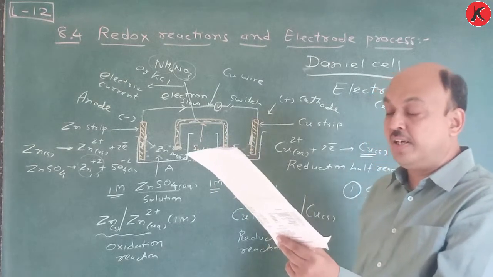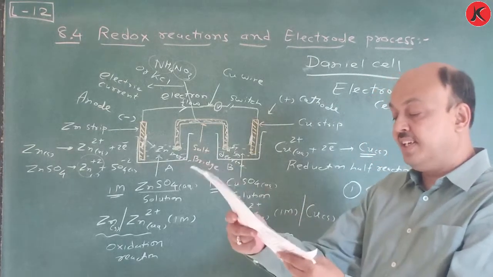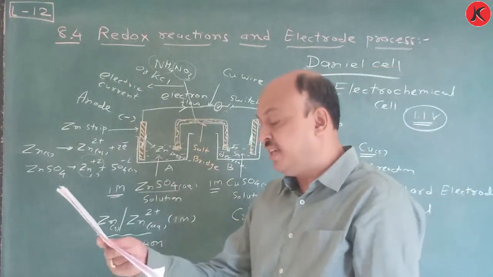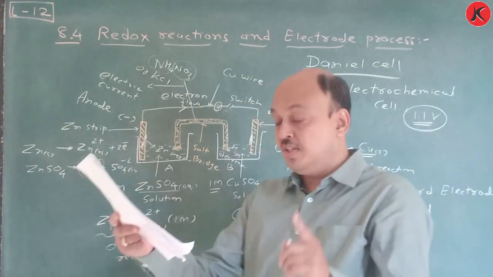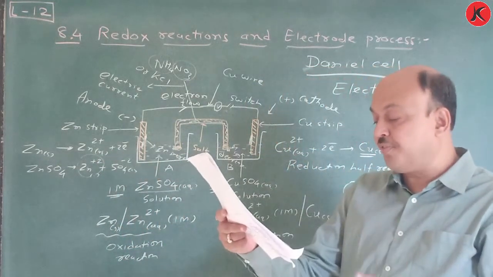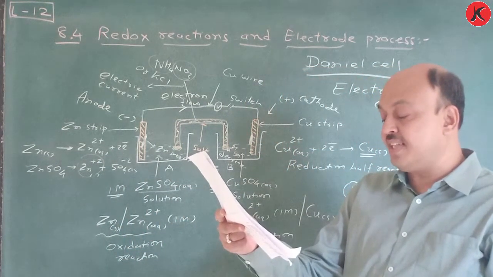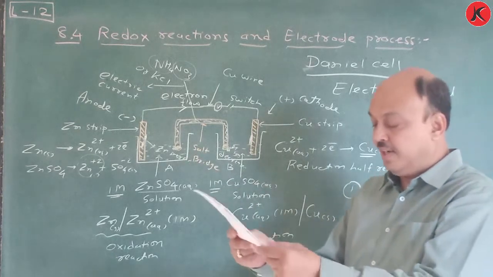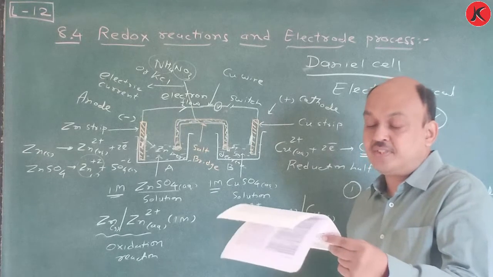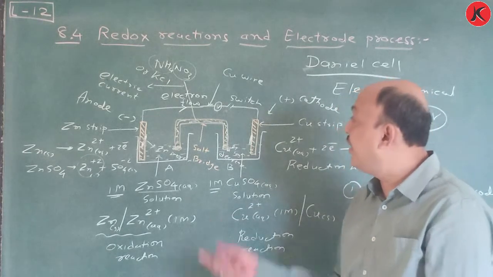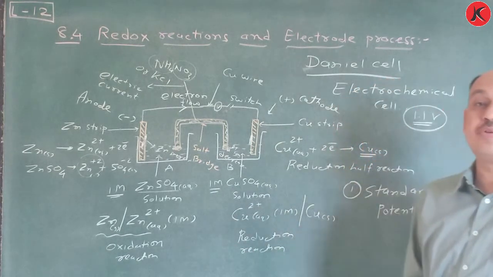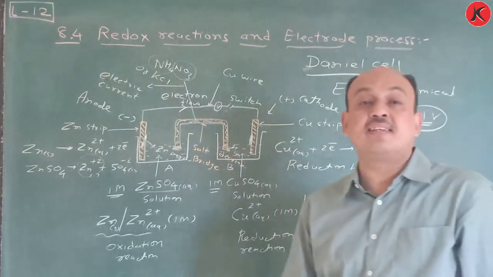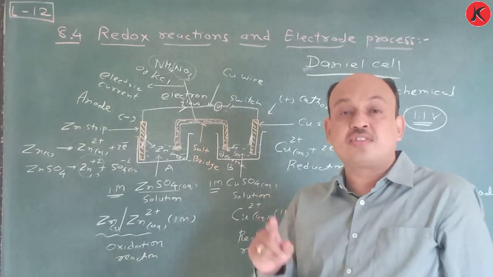The electrode potential value for each electrode process is a measure of the relative tendency of the active species in the process to remain in the oxidized or reduced form. A negative E0 means that the redox couple is stronger, and if it is positive, then it is weaker. In your NCERT textbook, one chart is also given that you have to learn later on. It is considered as the electromotive force series.